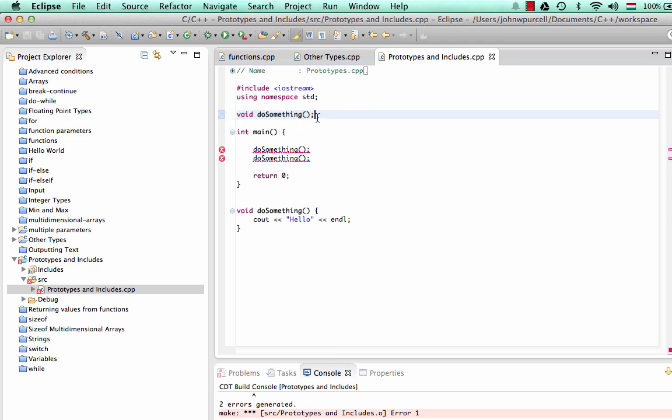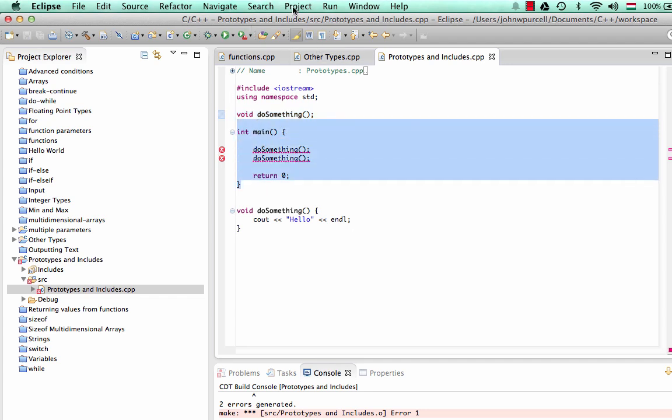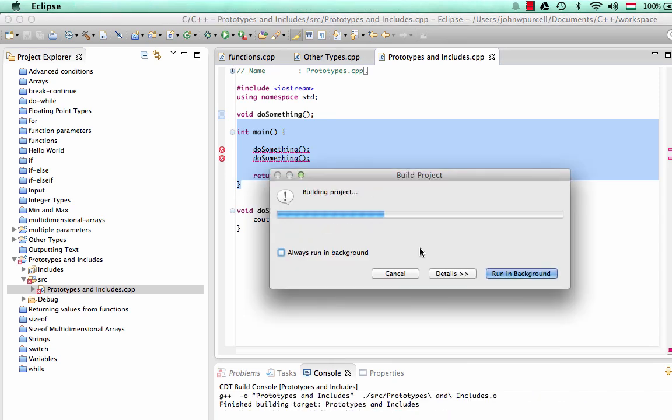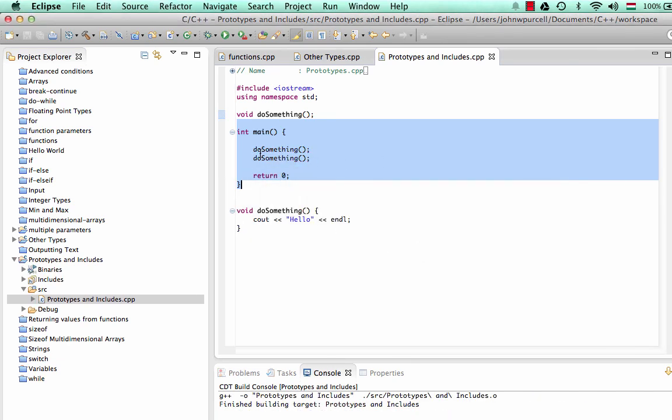With that information, the compiler can then say, okay, you're allowed to call that function, and I trust you that the implementation will be provided somewhere else. In this case, the implementation is down here. So by adding a prototype here, this will actually make this main function compile now. So let's do that. Let's go to build project, and we see that now the errors go away,